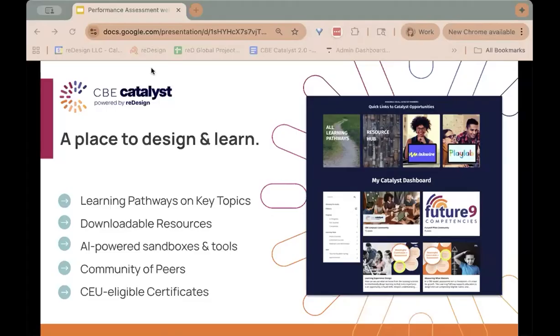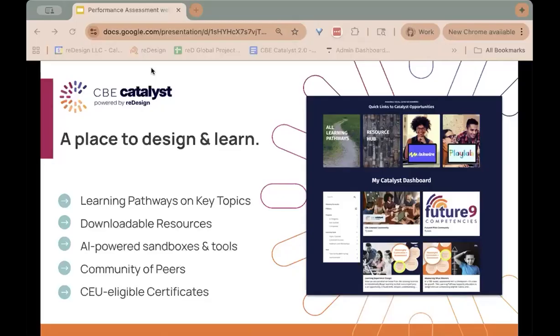They're on these key topics, so they are attached to learning pathways, but they can also be accessed one by one. There's AI-powered tools and sandboxes. There's a community. And then for people who are in a school-based team or a district or state-based team, if that community honors CEUs, then people can also, as they demonstrate competency and become more competent as practitioners, earn certificates. So that's the general structure.